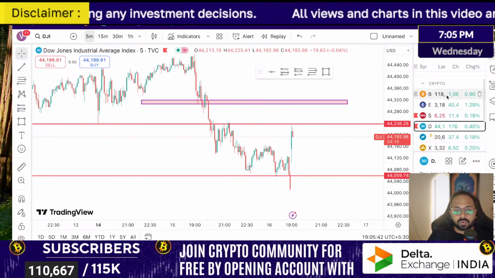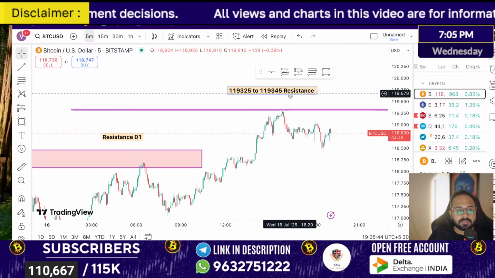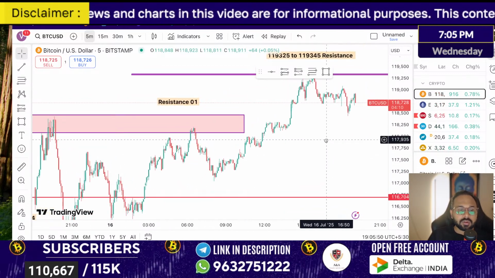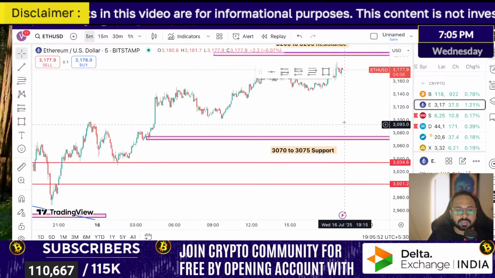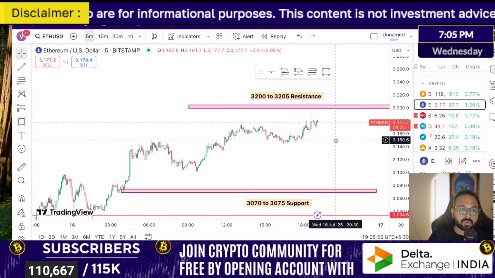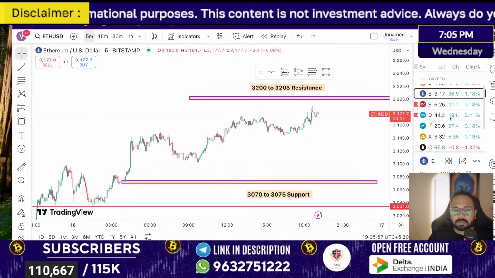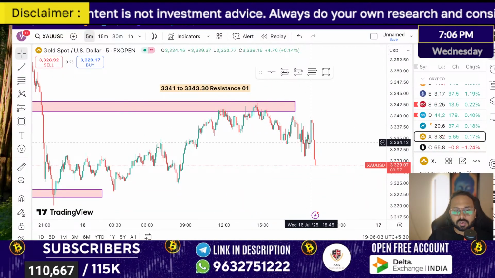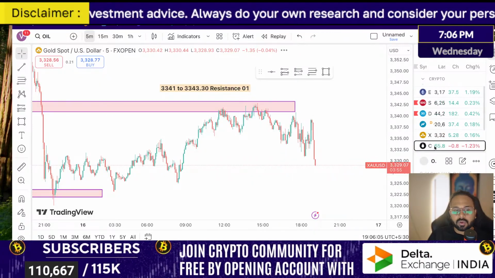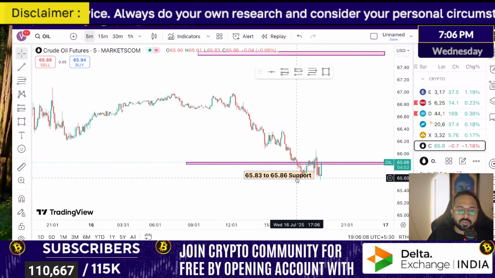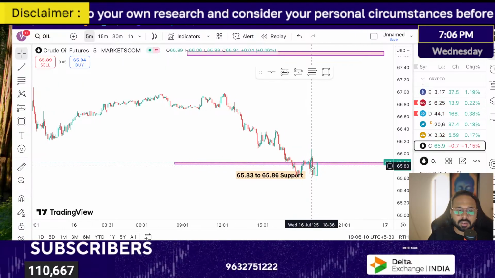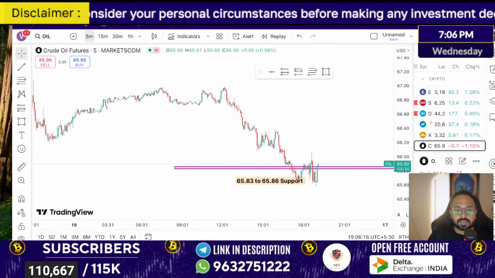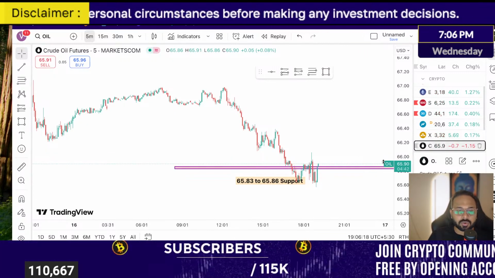I don't know how many of you looked at the morning view. Morning itself I had discussed this resistance area from where the market can move towards the downside. Ethereum is still getting close to the resistance zone I shared in the morning. And apart from that, gold, this was the resistance zone I shared. From then on, gold is just in the correction zone. Oil though is near the support zone. There is some news about oil. It had gone below the support zone, but now it has come back to the support zone. So at this point of time, planning for a bearish trade is not a good idea in oil.